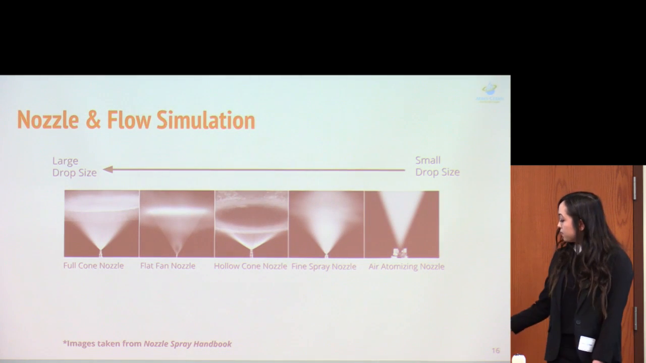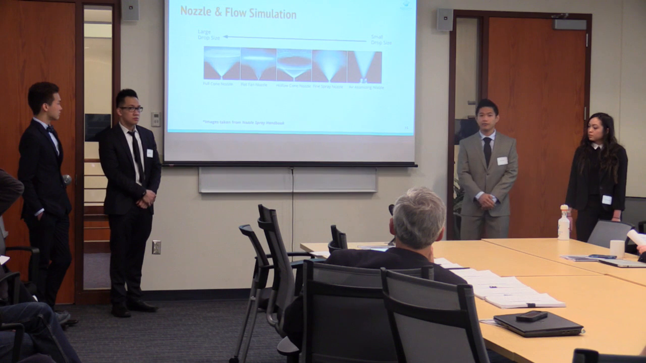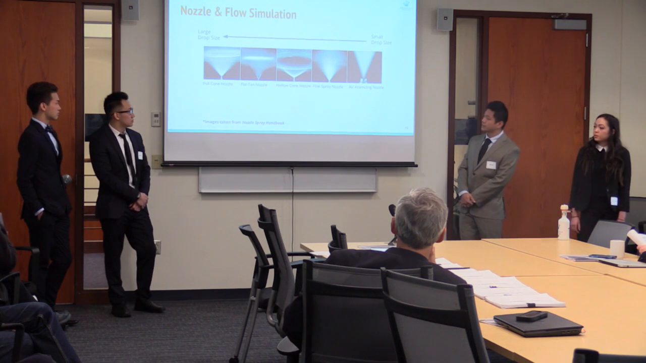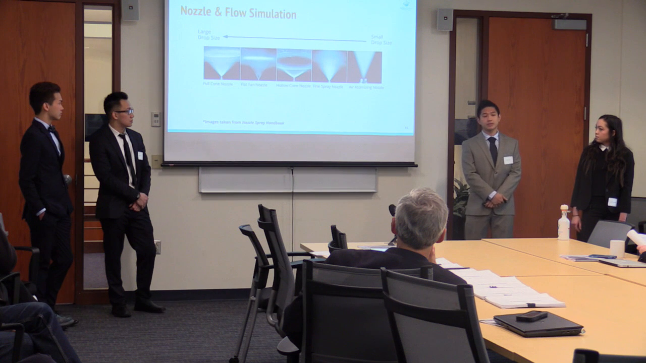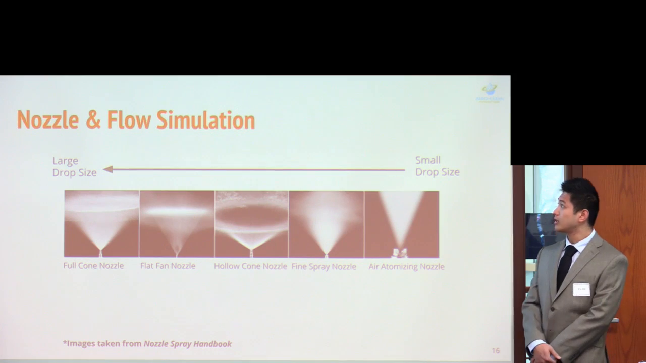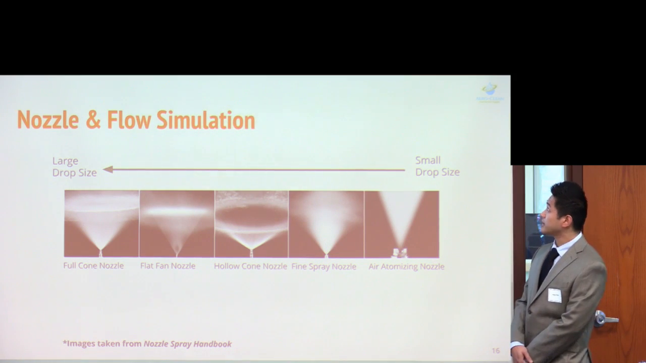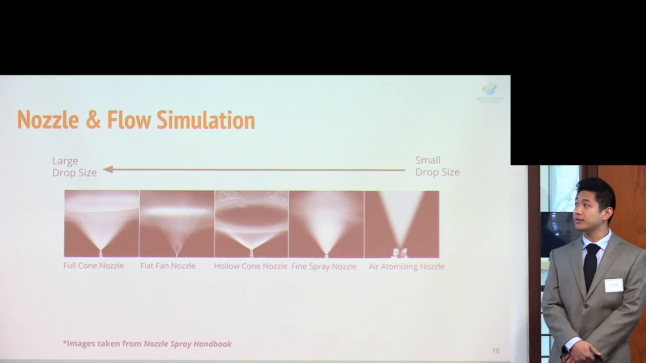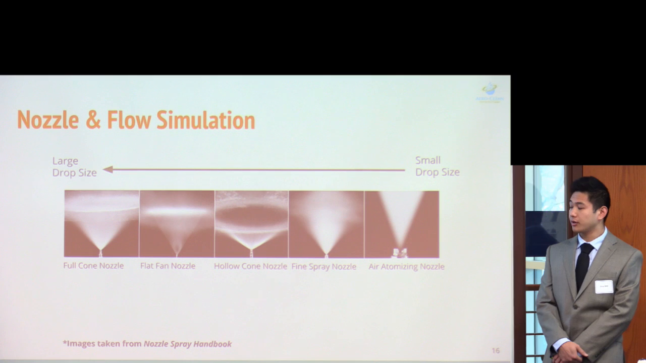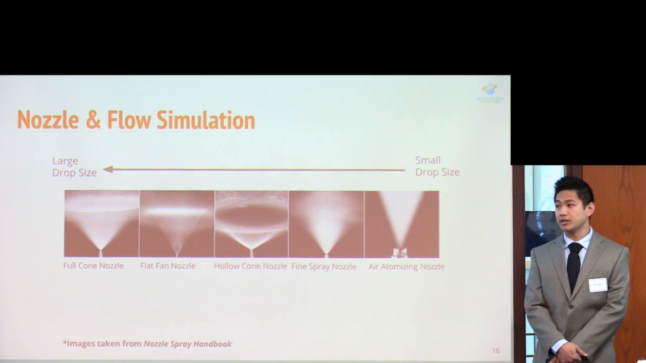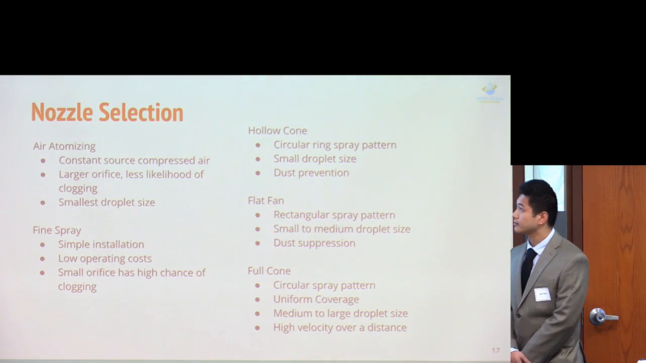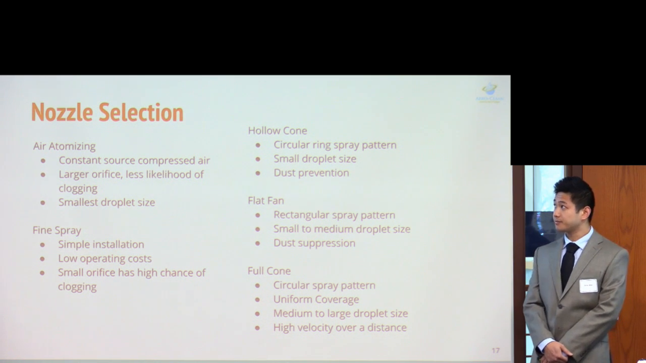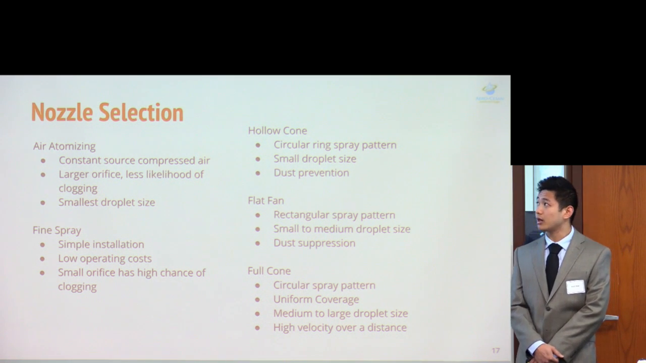So targeting our 4th design parameter of achieving full room coverage, we did some research on several nozzle types and their applications. Here's a diagram with different nozzle types and their respective droplet sizes. We took into consideration the benefits and drawbacks of each one to figure out which would best suit our specific application of DF16. Starting with air atomizers, which produce the smallest droplet sizes, these nozzles require a constant source